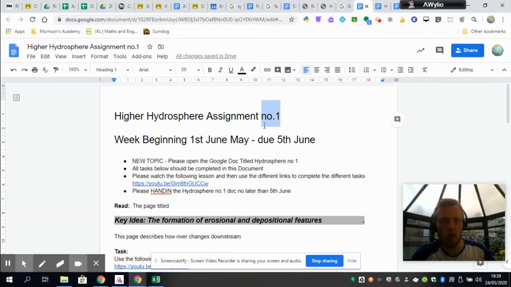So let's have a little look at what we're doing. We are starting a brand new topic this week. We've now concluded our first main higher topic, which was climate change. So well done there that you've worked your way through that. And we will be printing that obviously off so you have a paper copy when we get back into the